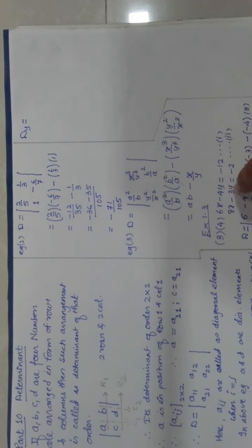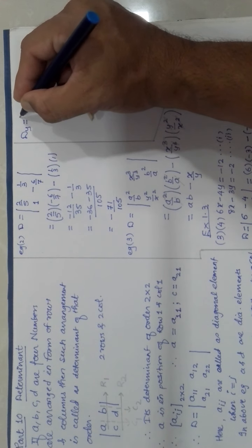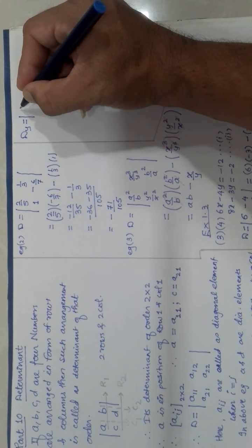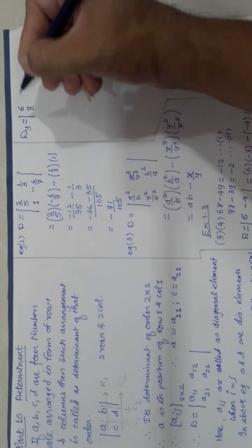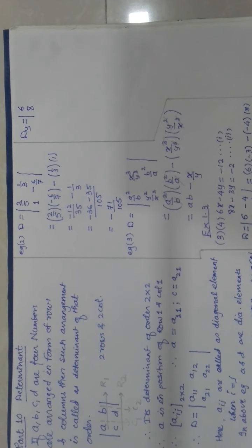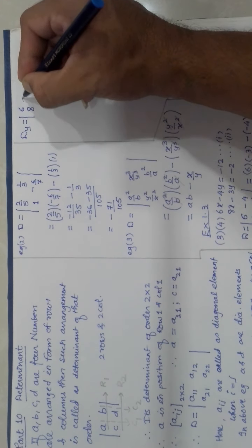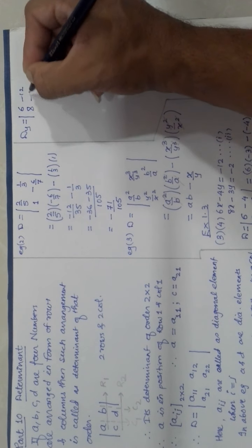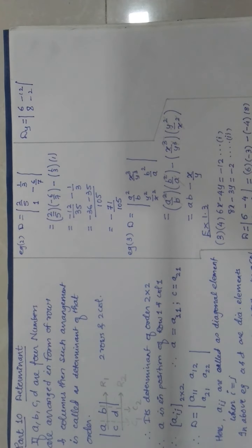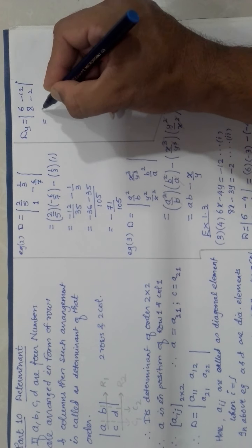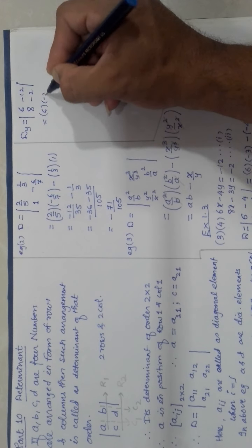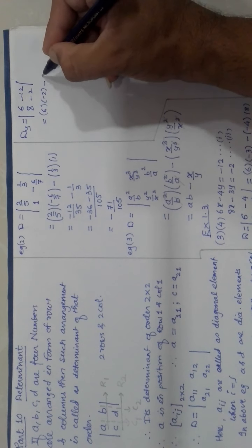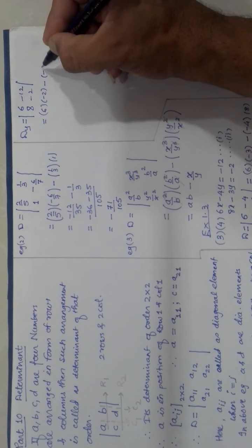You can see here minus 4, minus 3. Those will be replaced again by the constants. So I get it like this. I get x coefficients remain unchanged and minus 4 and minus 3 replaced as minus 12 and minus 2. So this actually becomes the product of diagonal elements minus the product of non-diagonal elements.